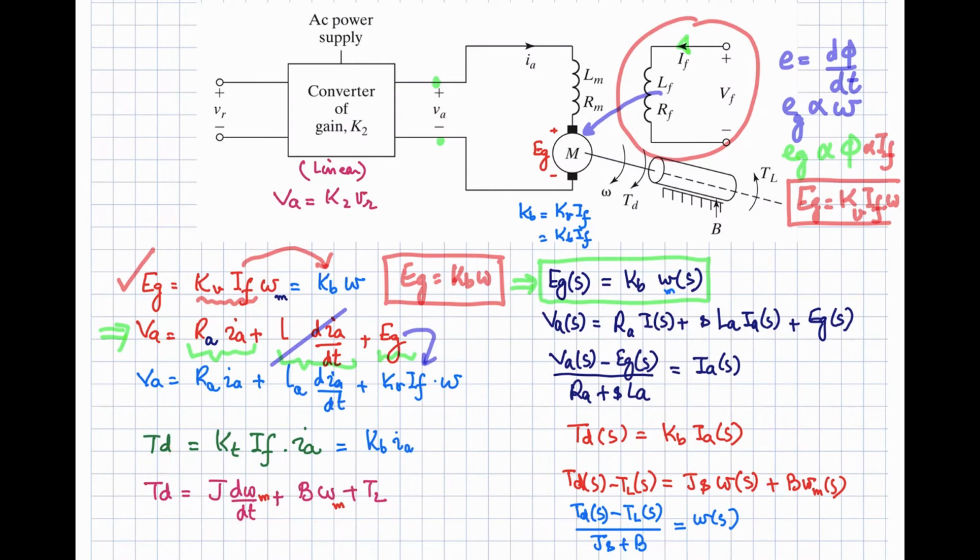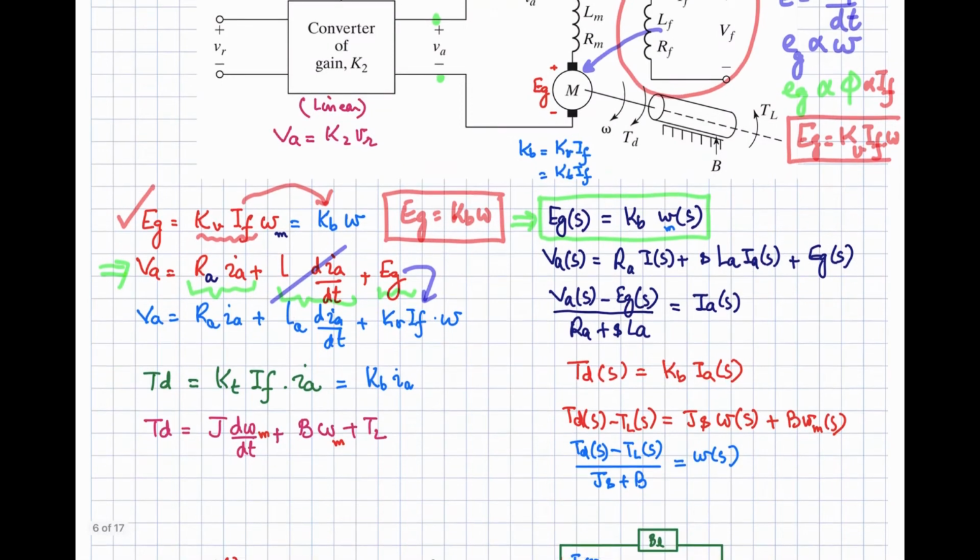If your developed torque is equal to that, then your machine will run at constant speed. If your developed torque is less and the demand is high, meaning the sum of the load torque, frictional torque and machine inertia torque is higher than the developed torque, then there will be a decelerating effect. And if your developed torque is greater than this term, then your machine will be accelerating. In equilibrium state, they must be equal.